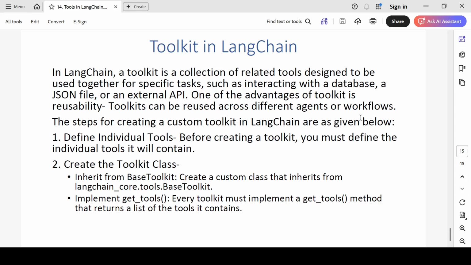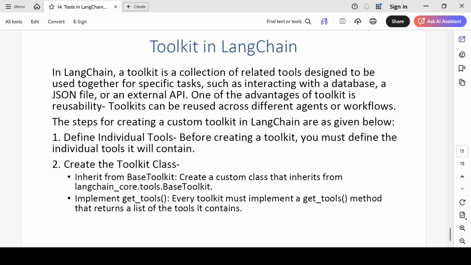There are many inbuilt toolkits, like there is a Gmail toolkit, there is a GitHub toolkit, there is a SQL database toolkit. That will group together all the tools. So in the Gmail toolkit, you may have tools to send a mail, read a mail, classify mail. In the GitHub toolkit, there are tools to get the pull request, see the files which are there, and list all the code files. So many different tools to do related work, all the work related to GitHub.